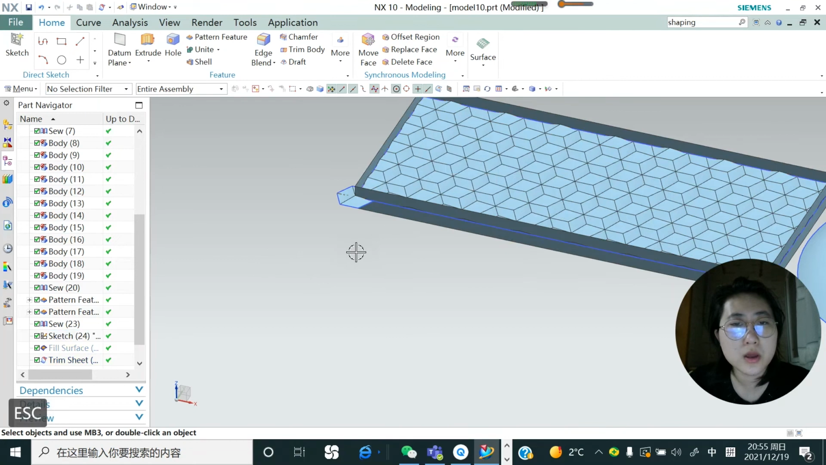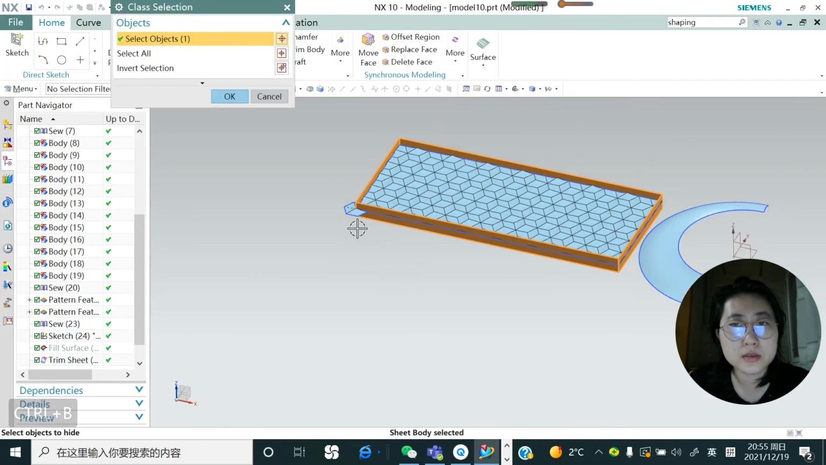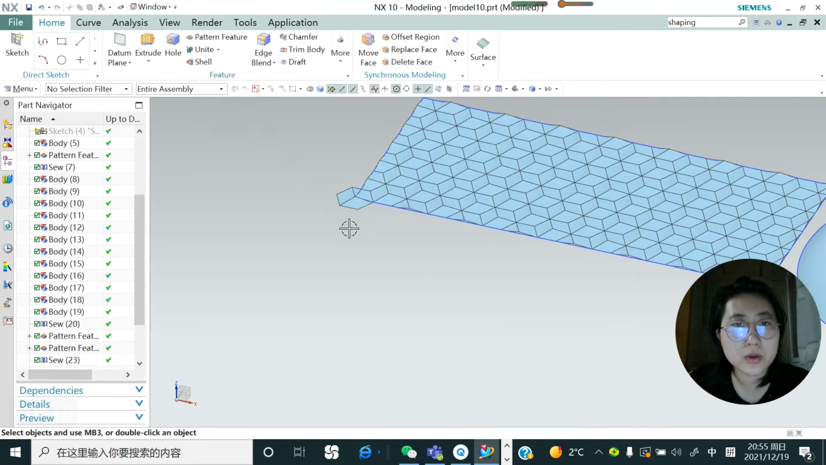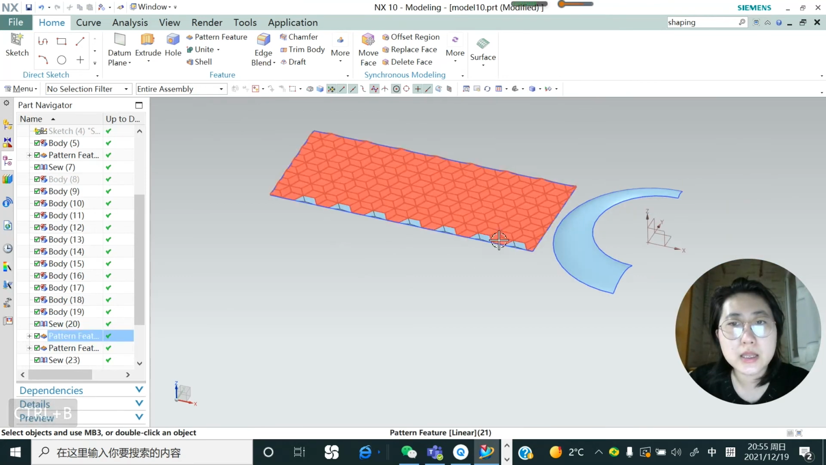So we are going to hide some part. So Control B, and we select this part, and we select this part. Hit OK, and this part we hit Control B to hide. And next time